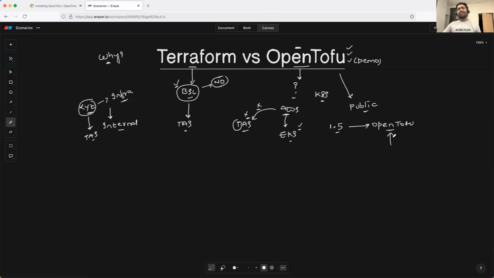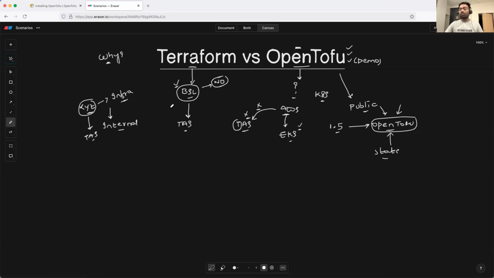Companies like TerraGrunt, Env0 also started contributing to OpenTofu, and they added features to OpenTofu which were long pending in Terraform. Best example is state encryption. If you look at the GitHub repository of Terraform, I think multiple people have requested it.